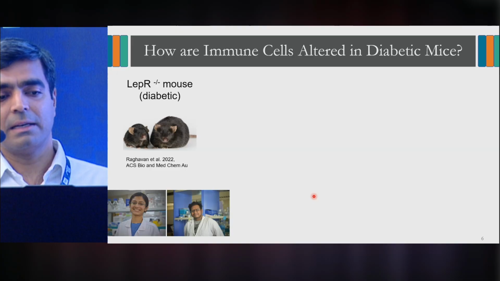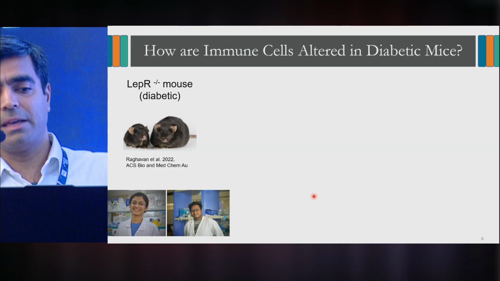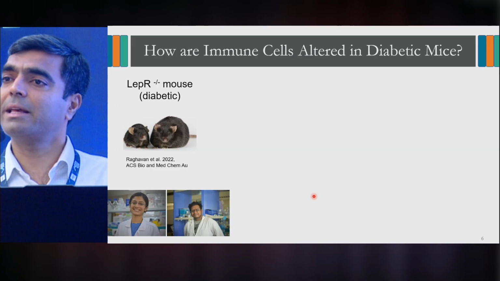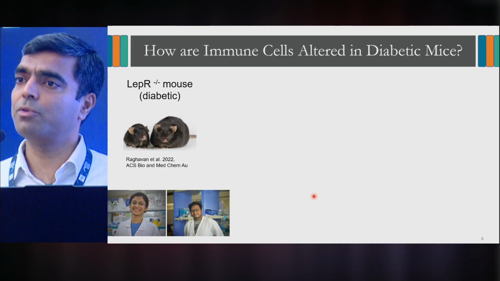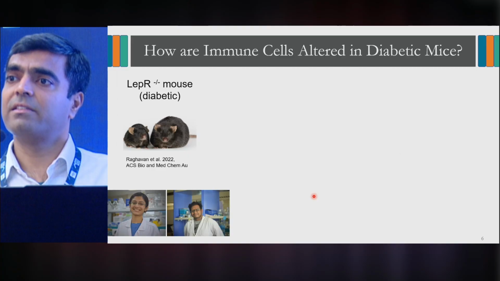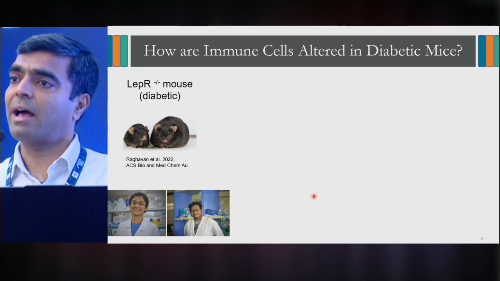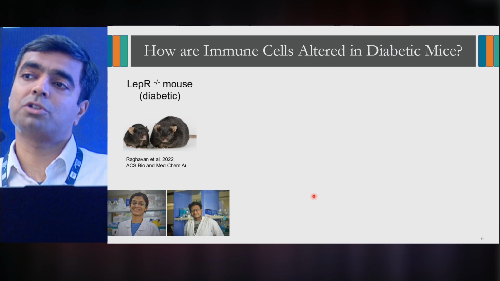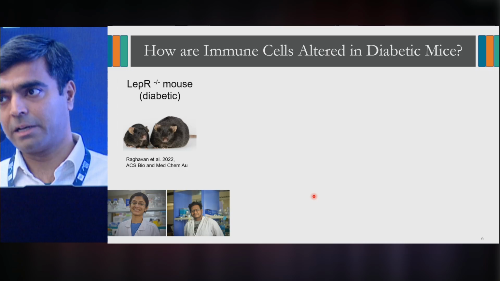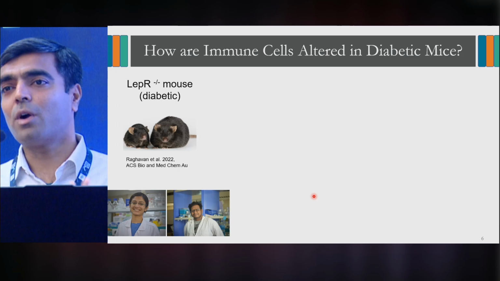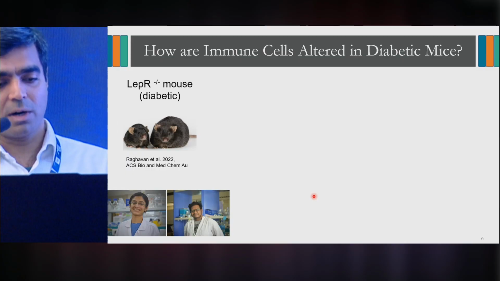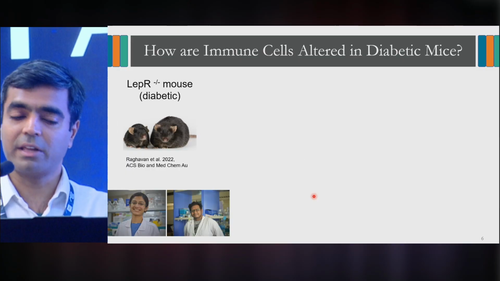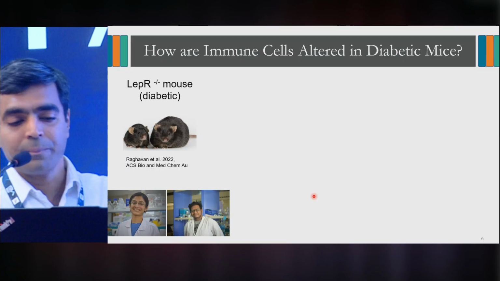The basic idea being that this particular mouse replicates some of the features of type 2 diabetes in humans. It is obese. It has high blood sugar, and this high blood sugar can be controlled by drugs such as metformin. So somewhat related, not exactly. And this is work done by two PhD students in my laboratory, Jayashree and Vinod.